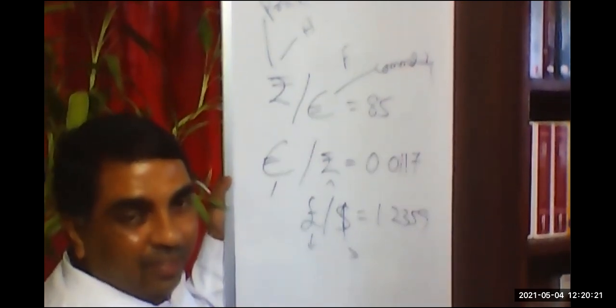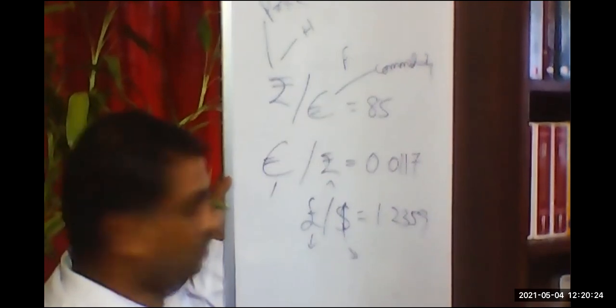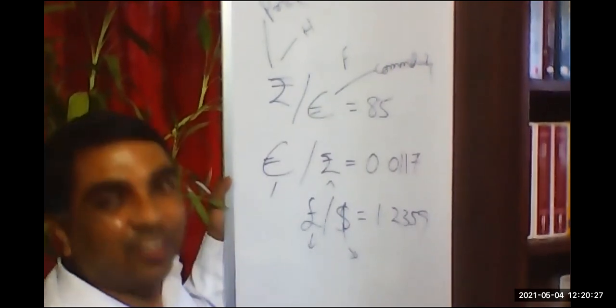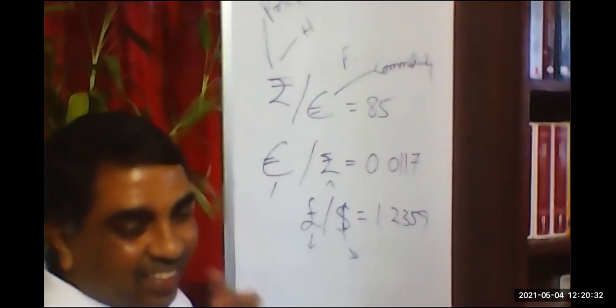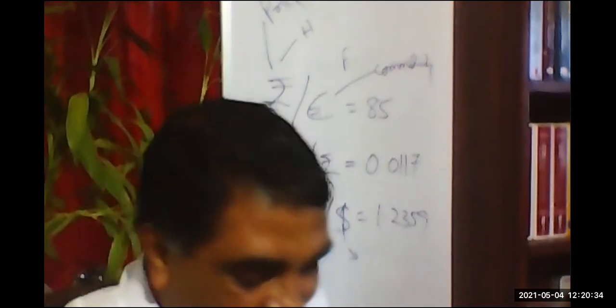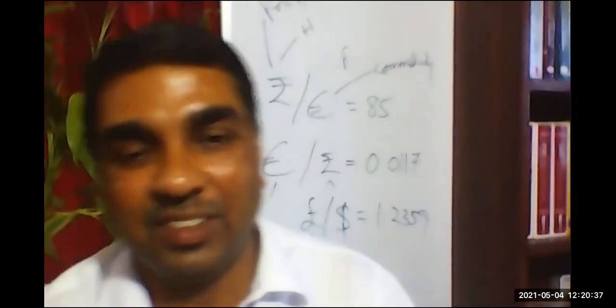For the American country, it is an indirect quote. And for a European country, it is a direct quote. For us, we cannot say it is direct or indirect because home currency is not involved. So to know whether it is a direct quote or indirect quote, first of all we have to find out whether home currency is involved or not. If home currency is not involved, we cannot say it is a direct quote. But once you know it is a direct quote, it is very easy to convert into an indirect quote. Or once you know an indirect quote is given to us, that is also easy to convert into a direct quote. How to convert it? Just take the inverse of that.